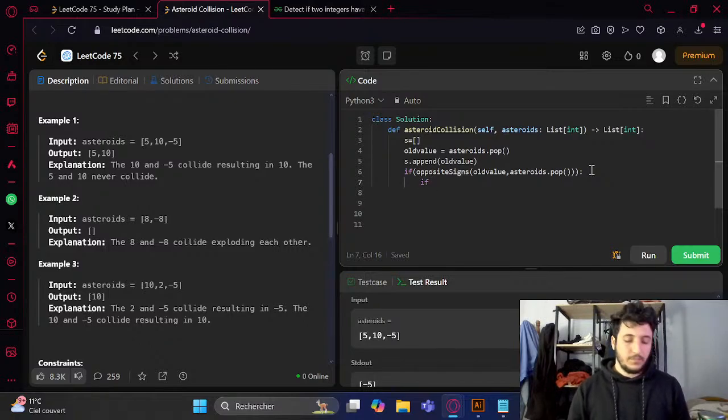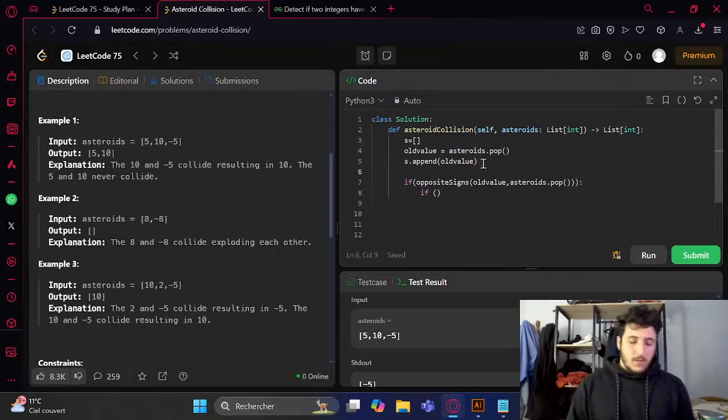So next value, I'm gonna make next value equal asteroid pop, and we're gonna repeat this for